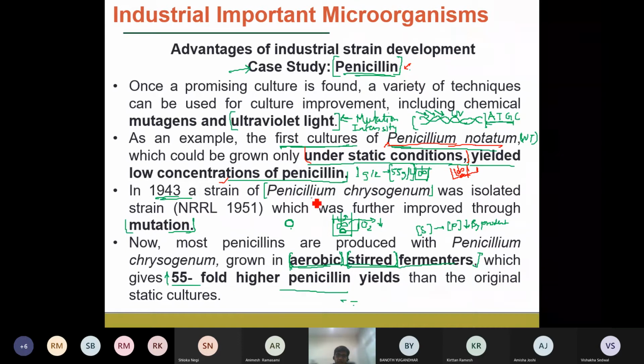So another microbial organism is Penicillium chrysogenum. This was used and it was mutated. We will see how the mutations take place. After mutation, it was found that it is now able to grow under aerobic conditions in the stirred fermenters, or the bioreactors, which are there in the industries. Along with that, there is a 50-fold increase in the yield of the penicillins. So you can see that it can overcome the scale-up problems, as well as show an improved yield of the product. So this is one example of the advantages and why it is required to improve the strains.